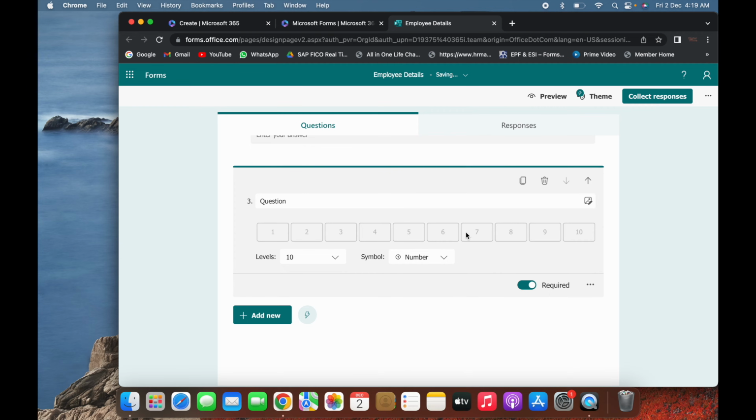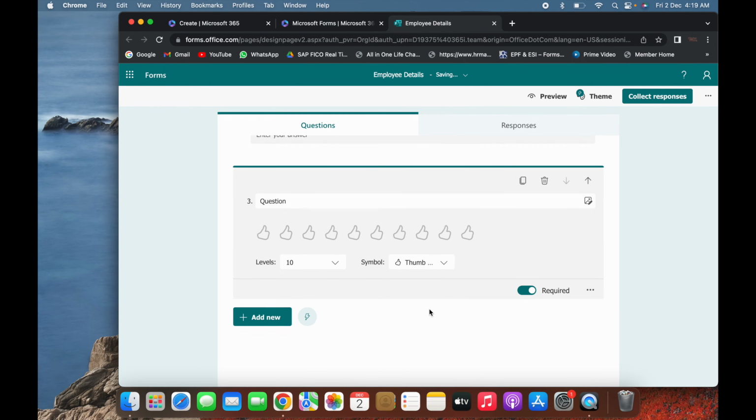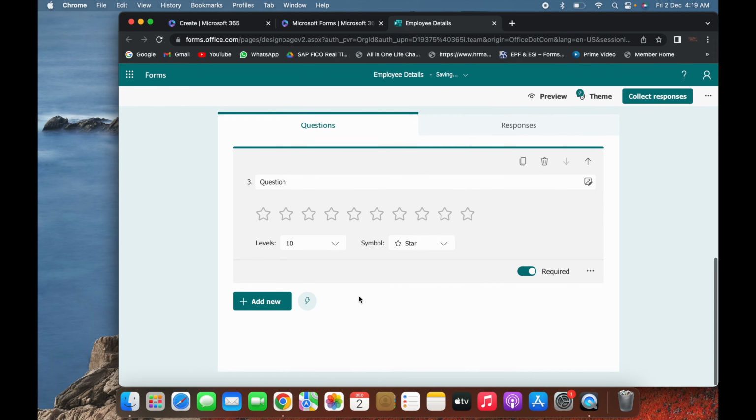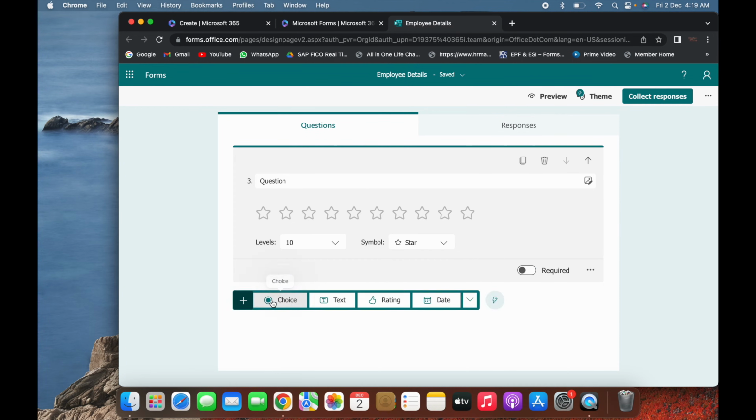Number is available, and it will come in number form. Thumbs up will come as a thumb like, and a heart as well. There are a number of options available, but let's use the star itself as of now. You can also make it mandatory or not required. Let's click add new.